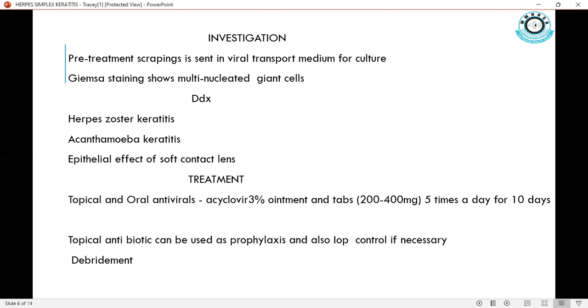For epithelial keratitis, it has a specific mode of staining. There is the dendritic ulcer, or the geographical. There is another ulcer that has a geographical pattern, that is the geographical ulcer. So for the treatment, the preferred mode of treatment for